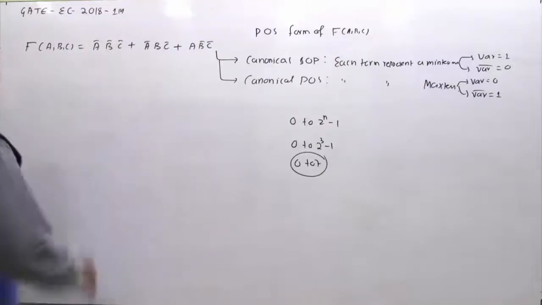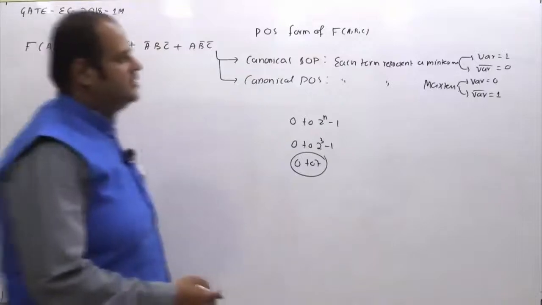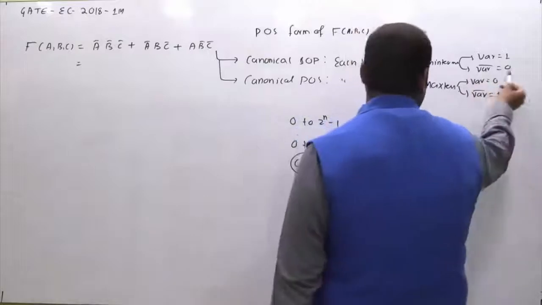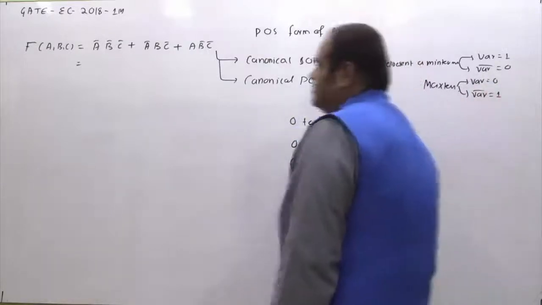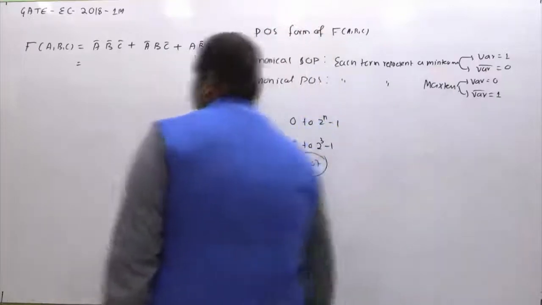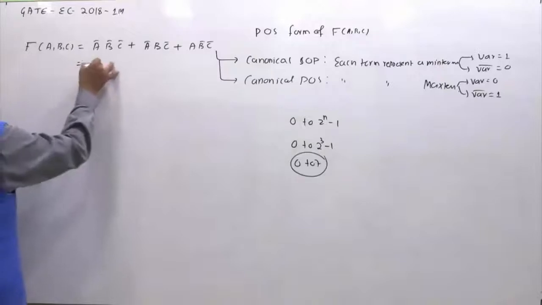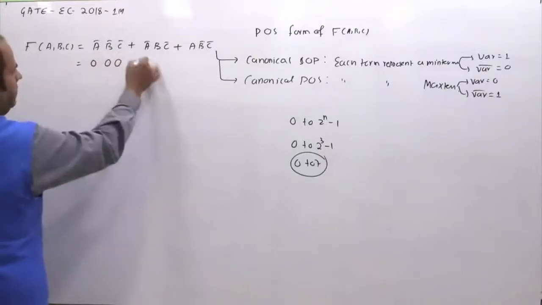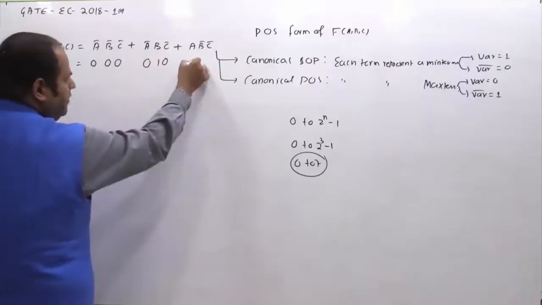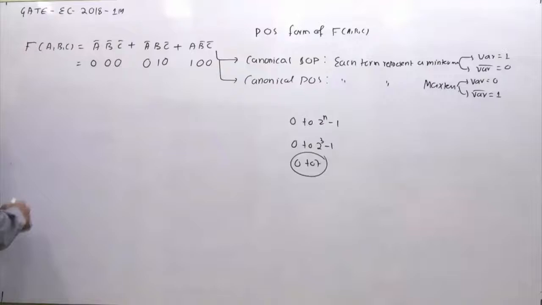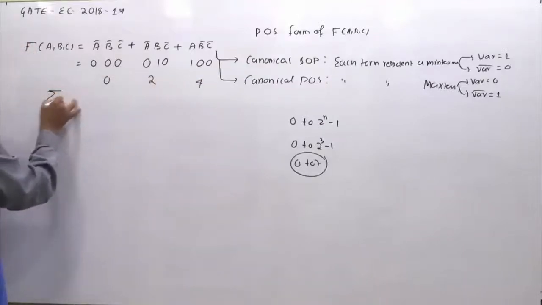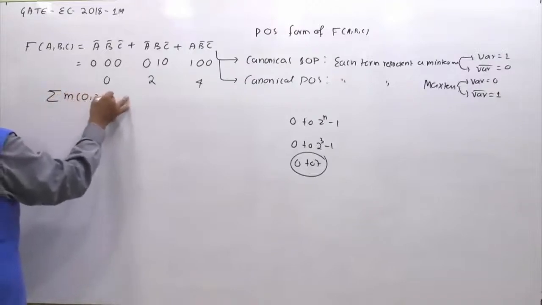So what are the min terms? I have written this: 0 is equivalent to variable bar, 1 is equivalent to variable. Wherever I have variable bar, I will take it as 0. Wherever I have normal variable, I will take it as 1. Why am I taking it like this? Because this is in canonical SOP form. That's why I am using these conventions. So variable bar, you can see 0, variable bar 0, 0. Variable bar 0, normal variable is 1 and this is 0. And again variable is 1, variable bar is 0, 0. So this is 0, this is 2 and this is 4. So this function f has min term combinations 0, 2 and 4.